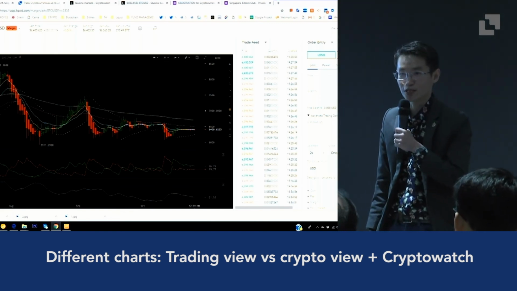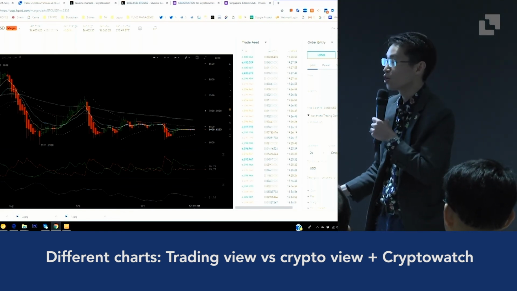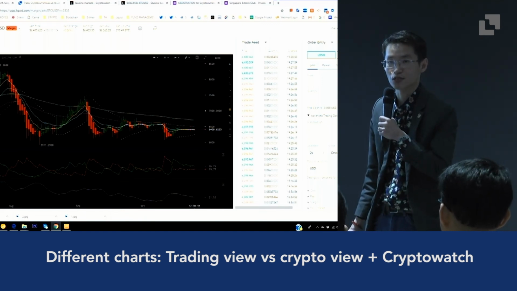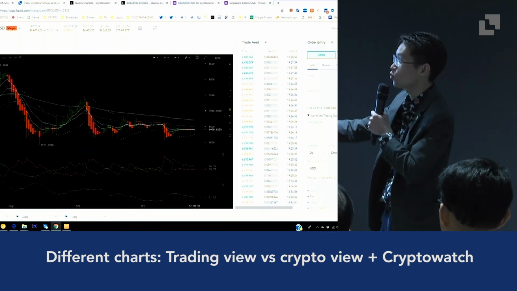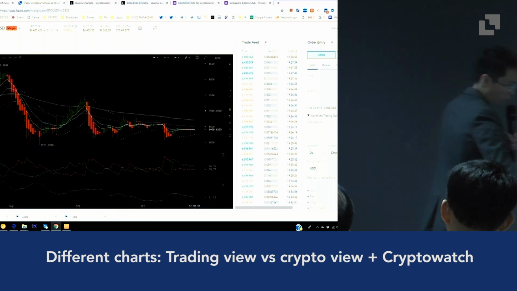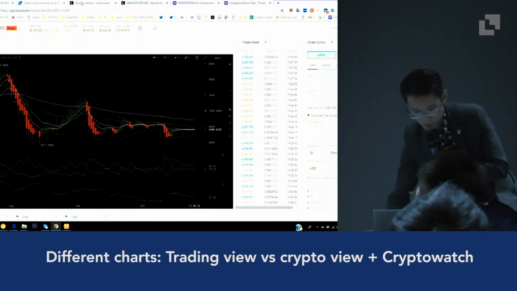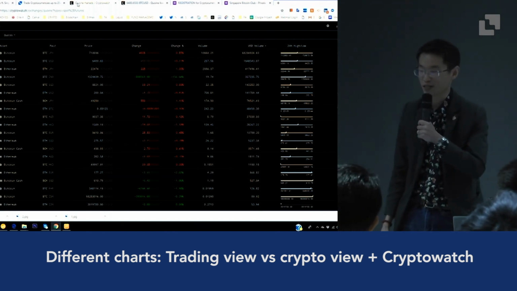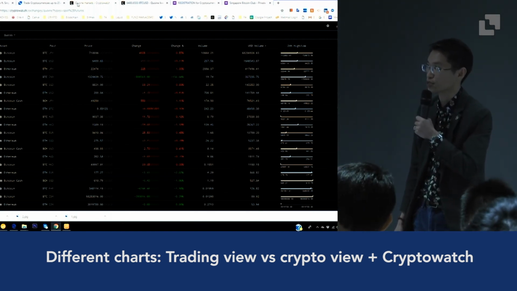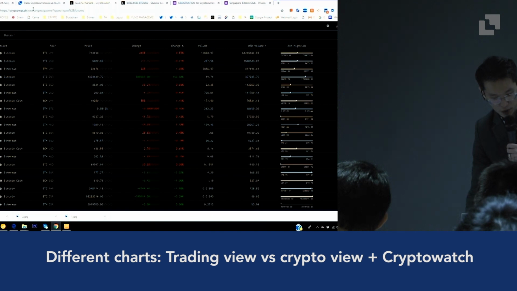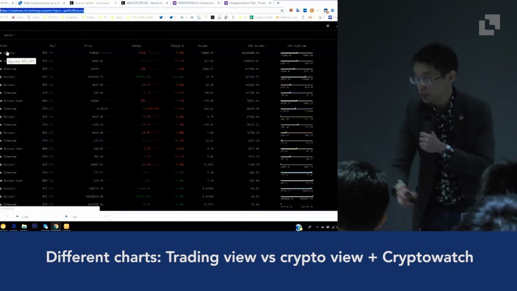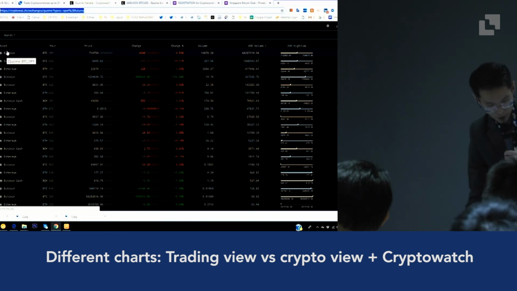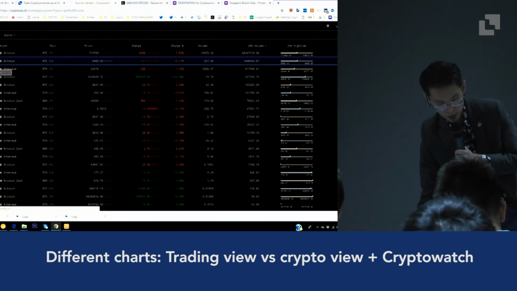Okay, anyone knows about this? Most people don't know. You can view Liquid charts without logging into Liquid using an external source. You can go directly to Cryptowatch. So I'm going to show you that. So for example, if I have so much Bitcoin or my dollars on Liquid Exchange, I can just go directly to Cryptowatch. You see, every asset here is on the Liquid platform. Okay, so for example, if I go to BTC USD,